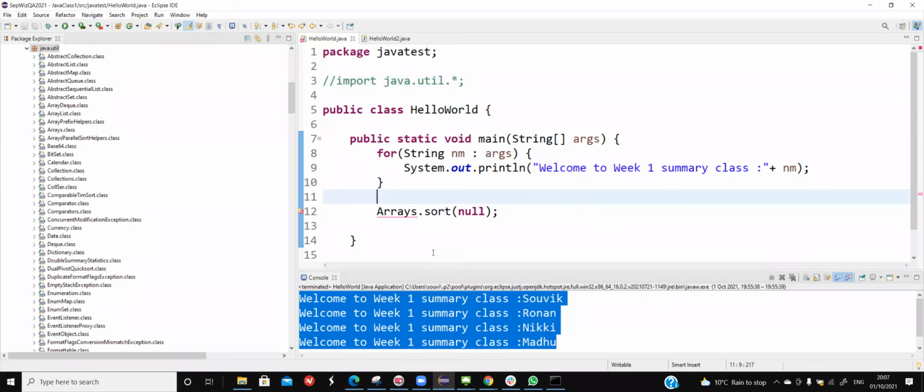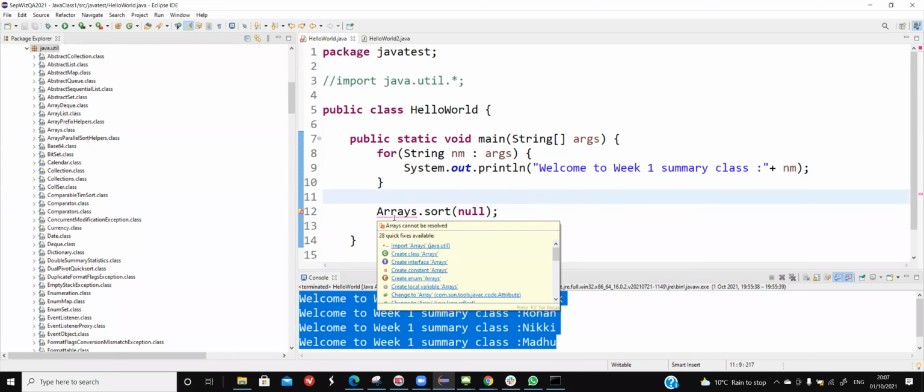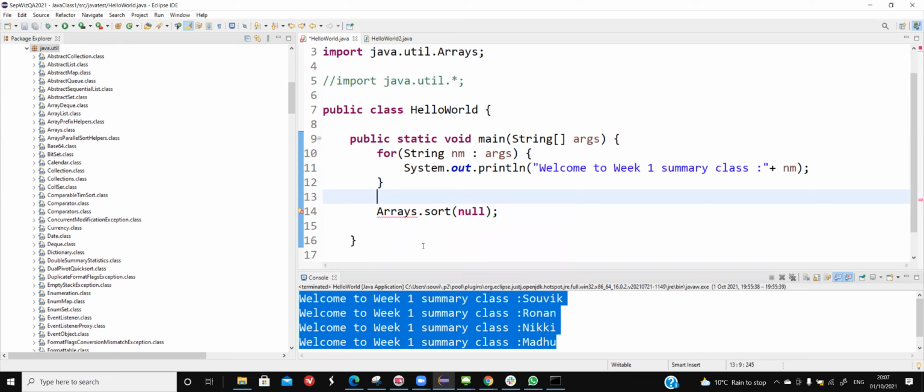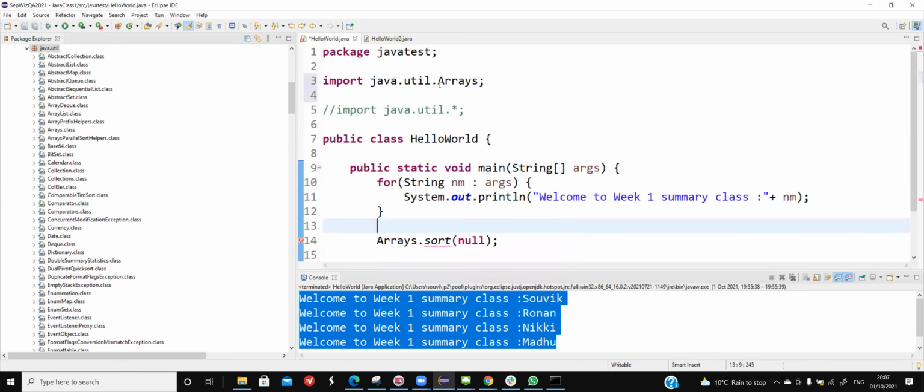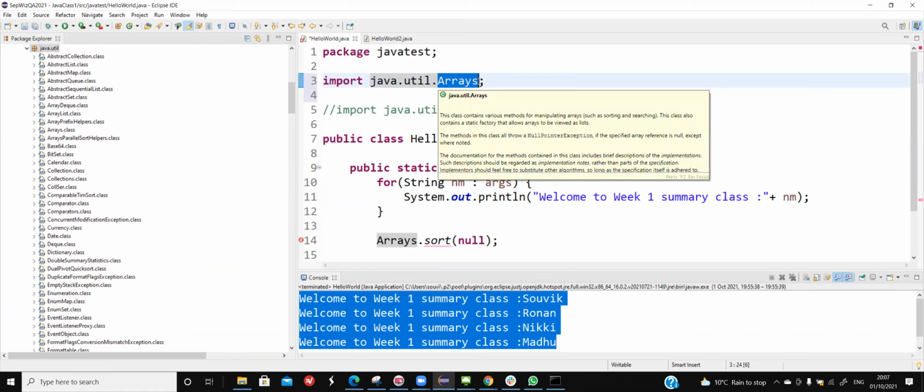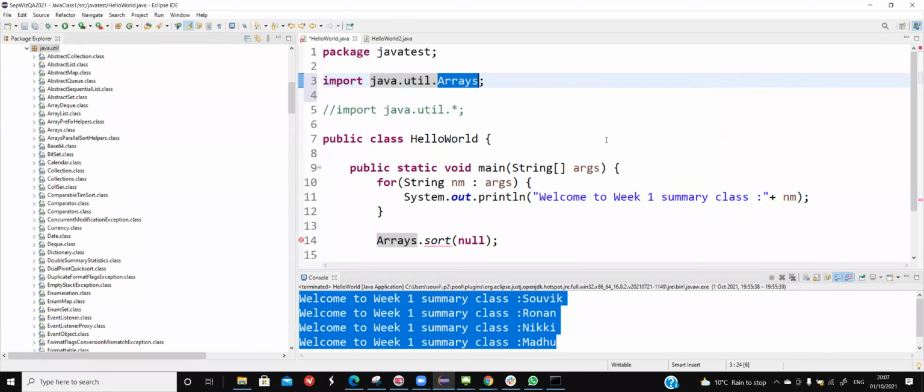If you hover on the error, it will tell you this clearly: arrays cannot be resolved. Quick fixes are available. Obviously, the quick fix for this is import arrays, which I did just like this. I can specifically import a single class. Okay, this Arrays is not something that I have implemented. It is coming from Java's inbuilt